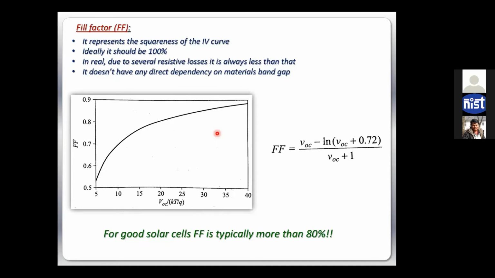So that bending comes from the resistance of the materials, and that causes some sort of loss in the fill factor, but that loss is universal. Mostly it does not depend on the material. It depends on the device architecture and many other factors, right? So you can safely say from a material point of view, at least we can neglect the fill factor part. It is not that significant. It does have some role, but it is not that significant compared to the JSC and VOC.